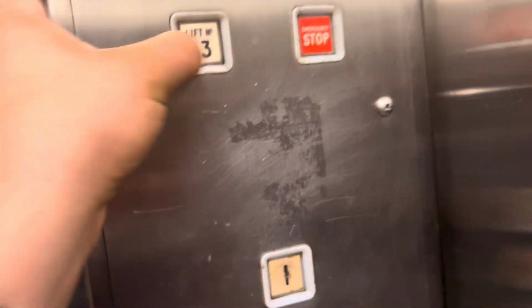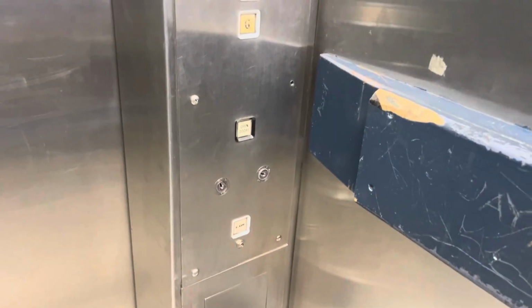That button does absolutely nothing. Does the stop button cancel the call? No, it doesn't. Anyway, before I end this, does this have call cancel? No. Oh, don't close on me. And anyway, that's